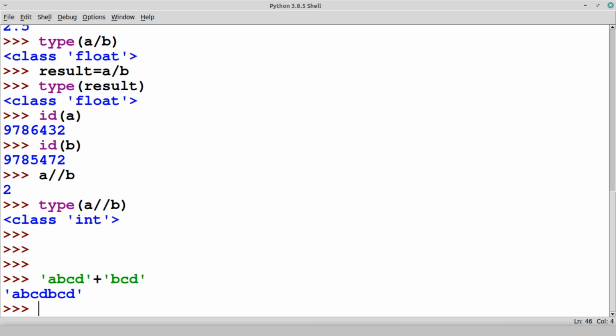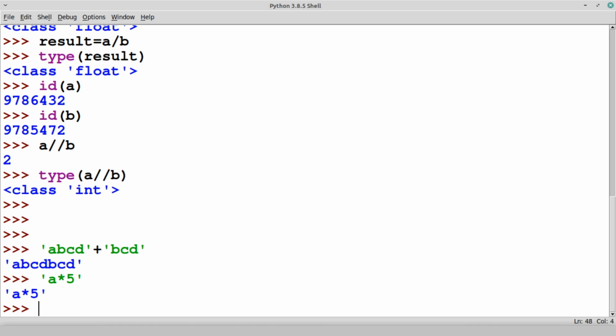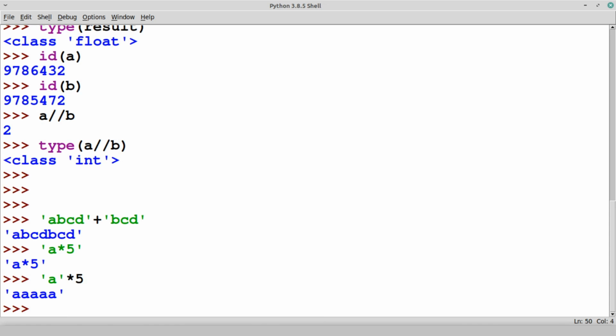And for multiplication, let's say a is a string, multiplied by 5, so it repeats it. Similarly, this plus is the operator for concatenation, and the star or multiplication operator simply repeats the string the given number of times.